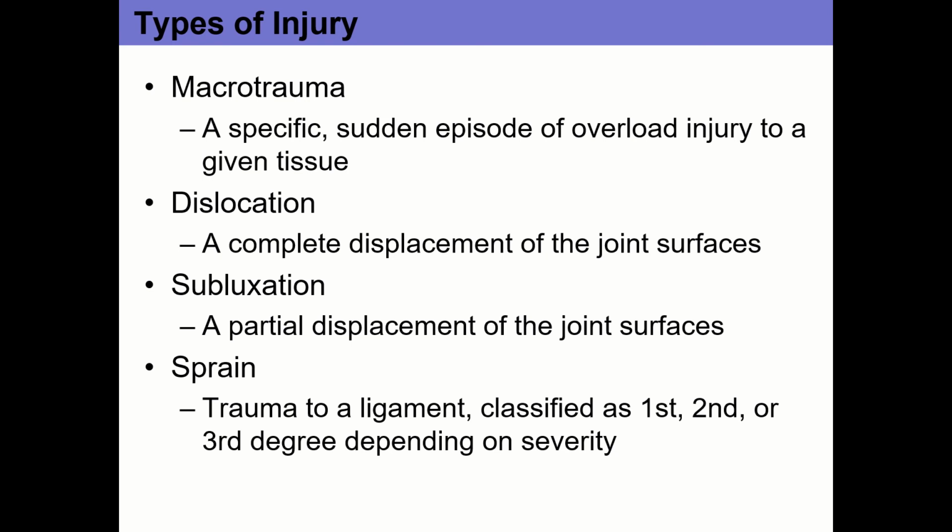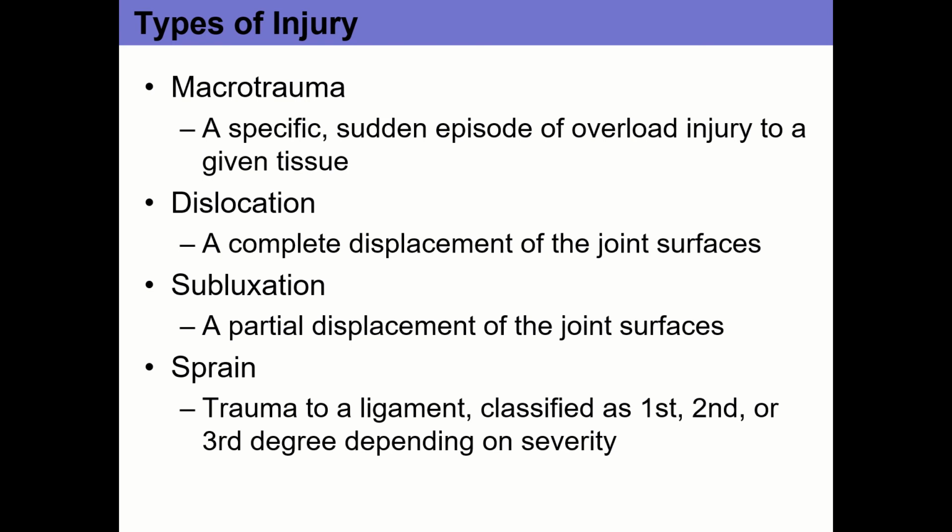That's a macro trauma. So, in the case of a shoulder, one of your defensive players in football tried to make a tackle with their arm in abduction, and then it got pulled into external rotation, and their shoulder got dislocated. That's a macro traumatic event, right? So it's more commonly referred to as a traumatic injury, as opposed to an overuse injury that we'll talk about here in a second. So dislocation, as you can see, is a complete displacement of the joint surfaces.